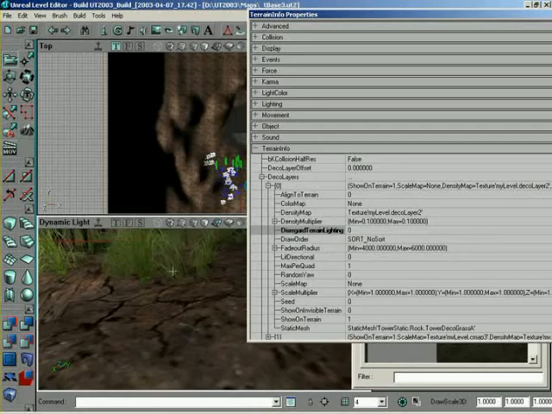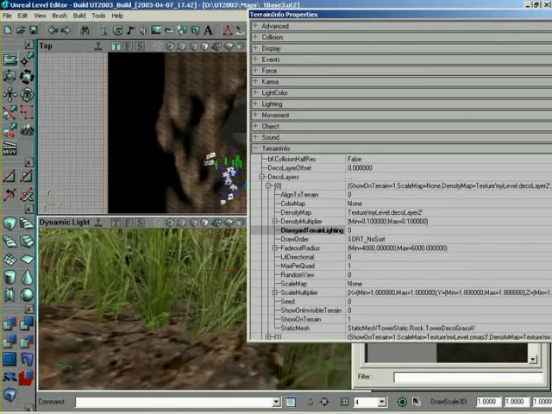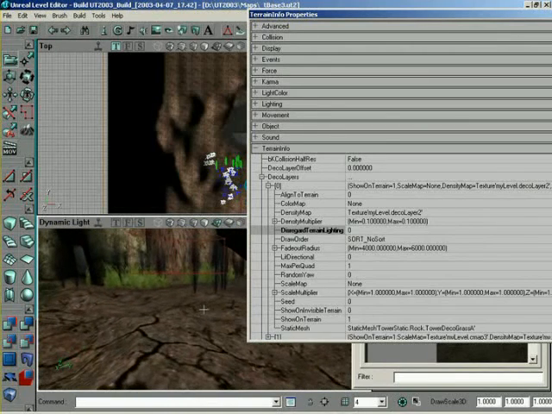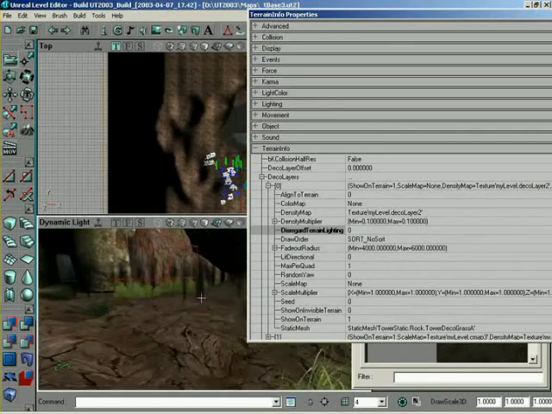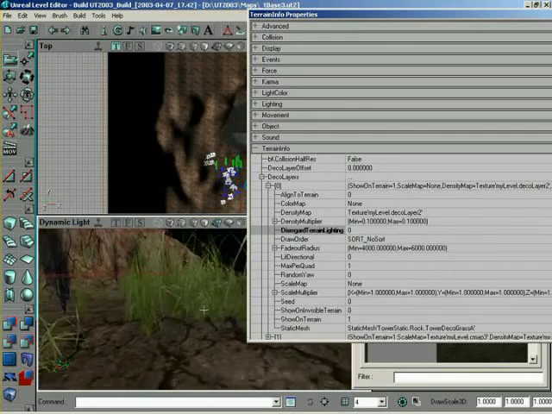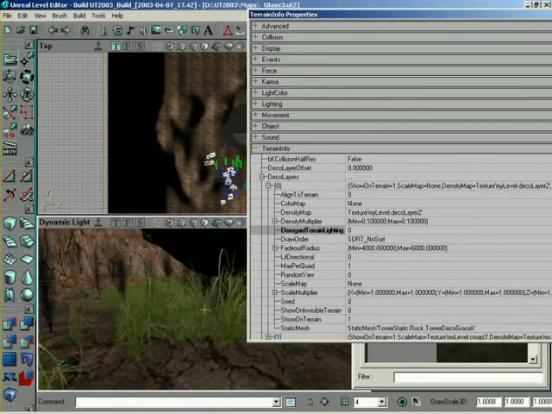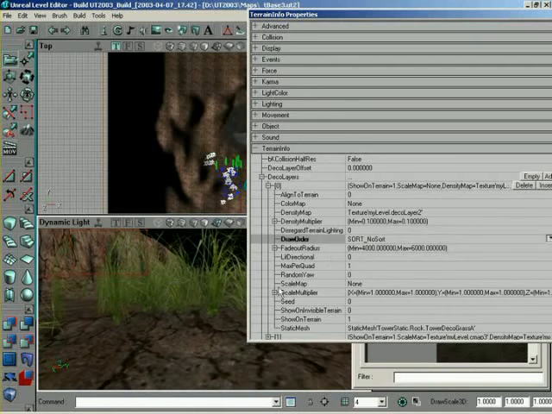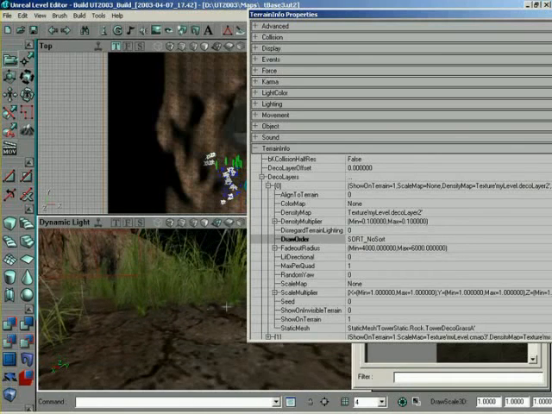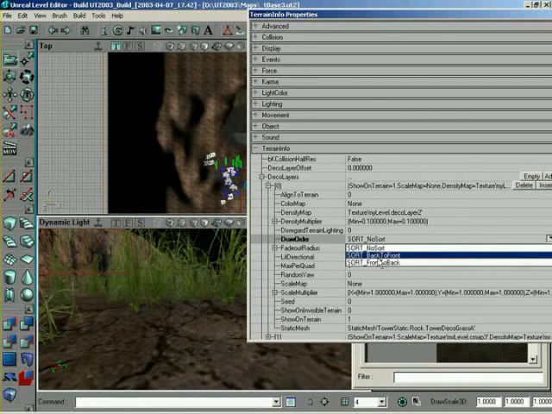Now draw order. This might be a little bit tricky to see without some of the other meshes in view. I don't know if you can see in the distance. Basically, what it's doing now without sorting is it's not really deciding for sure whether or not one static mesh is in front of another. It's actually drawing the ones in the distance with the same priority as the ones in the foreground. It's hard to show, and it will probably be even harder to see once the video is resized to its final size. But basically, if you're having a problem where you're looking through a static mesh or a decoration, but a decoration in the background is drawn over it, then you need to change the draw order. I usually find that draw back to front